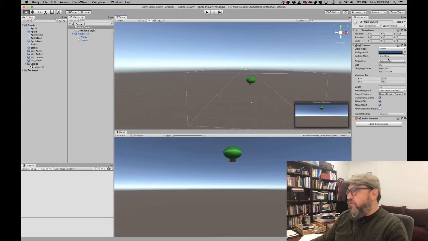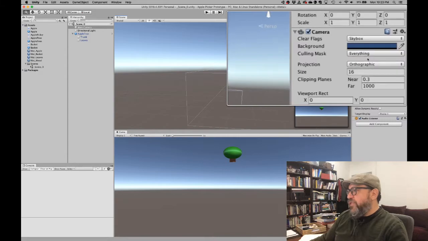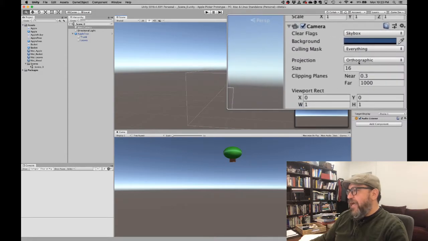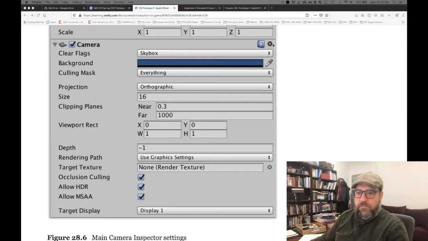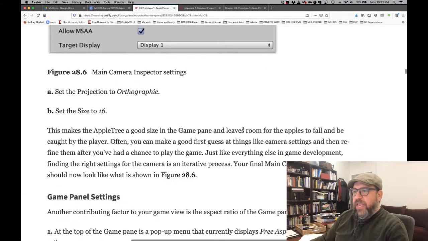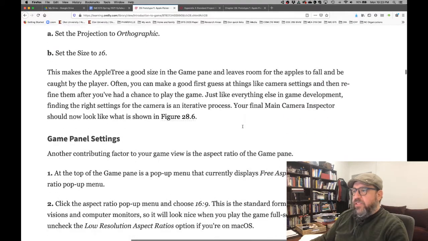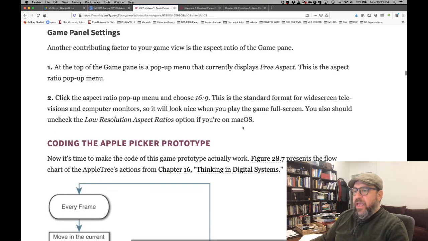Just to verify, I'm going to zoom in over here and say the only two things that we changed here were the projection and the size. So we changed from perspective to orthographic, and then our size from, I think it was 5 to 16. All right, now switching back over to the main camera, we changed a couple of settings, and now we are going to be looking at the game